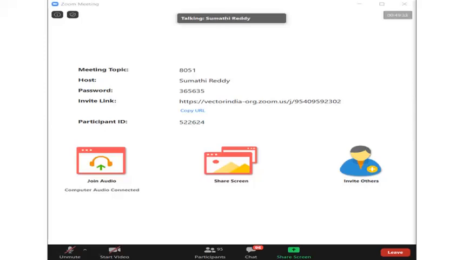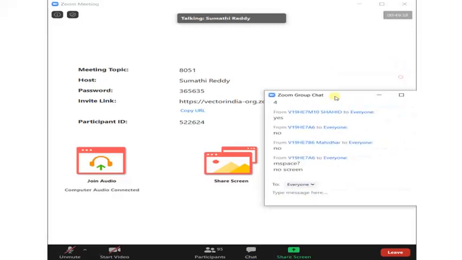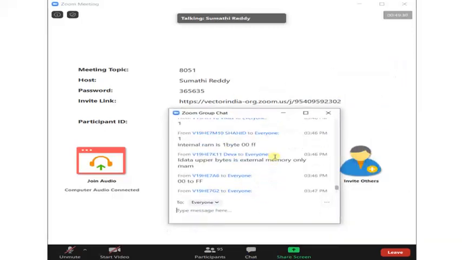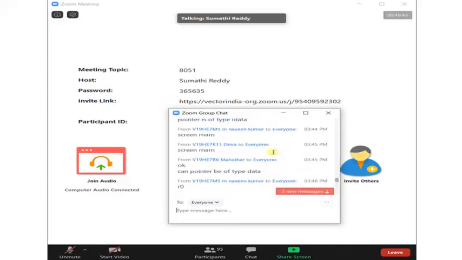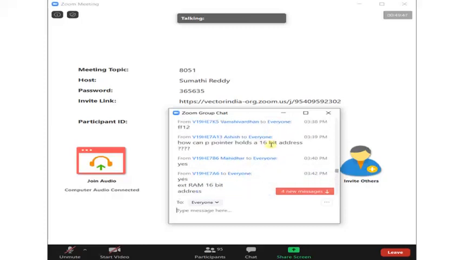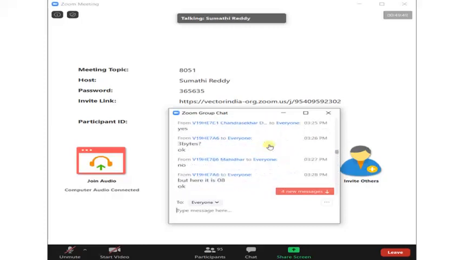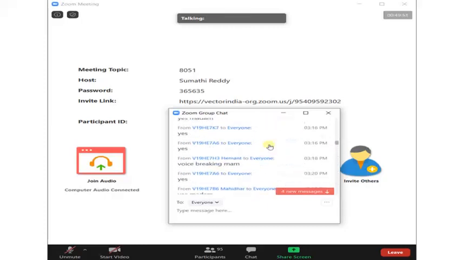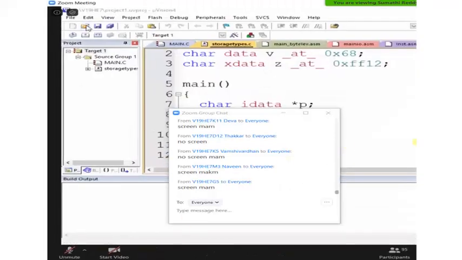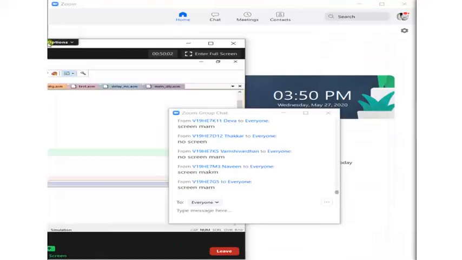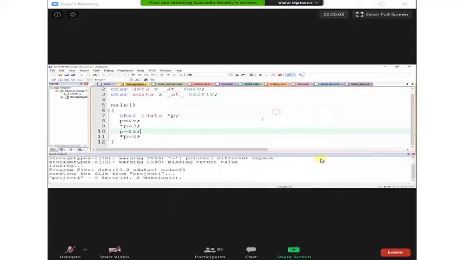It is a mismatching space, because you have forced it to access only internal RAM, but you are trying to access external RAM. The pointer which you have used should point only to the internal RAM, but you are making it point to another. So it is a mismatching or not?